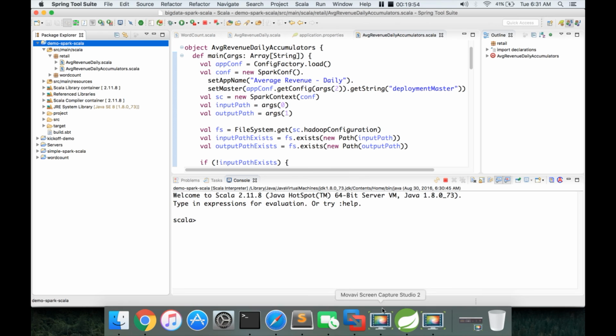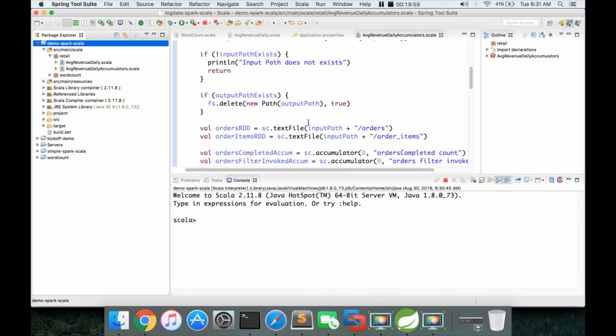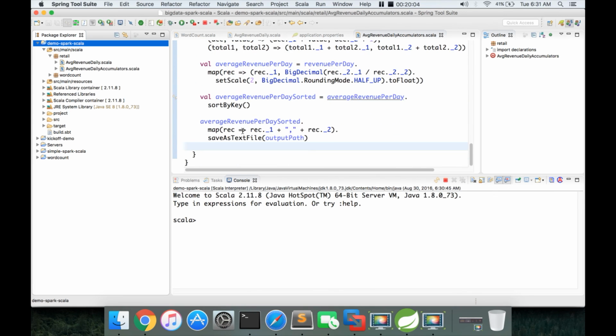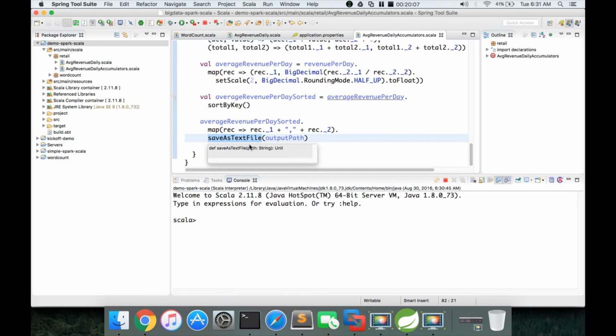Okay, so for example, in this case, if I start running these code snippets one by one, unless the program encounters actions such as save as text file, you will not be able to access the accumulators. Accumulators will not be used until the program is executed. Because of the lazy evaluation, after each and every step, the program will not be executed. Only when the actions are seen, then only the programs will be executed. Until the program is executed, you will not be able to see the accumulators in the middle.